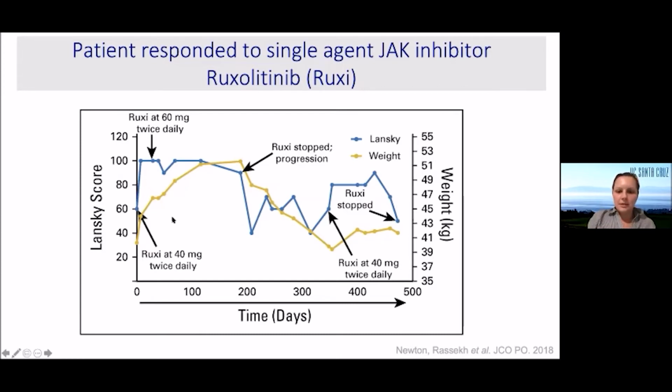This graph shows the response of the patient, and we have response in terms of performance score and also the weight of the patient. And I'm not a clinician, so probably people in the audience know much more about all these measures, but from the clinical side, there was a response to the single agent ruxolitinib. The tumor started responding, and then ruxolitinib was stopped, and you can see that the patient was at the beginning at score 60, but then very quickly